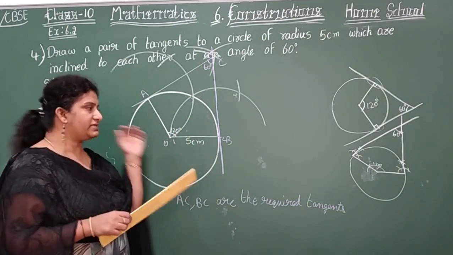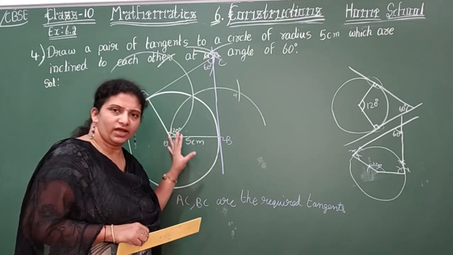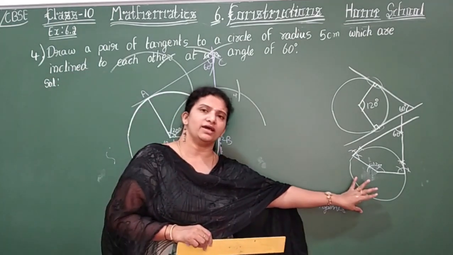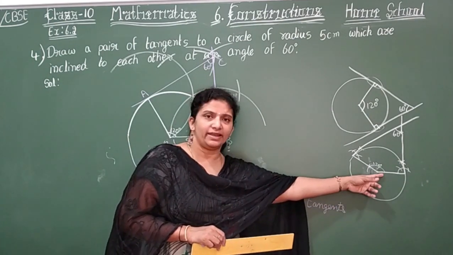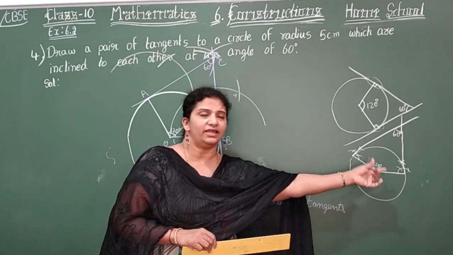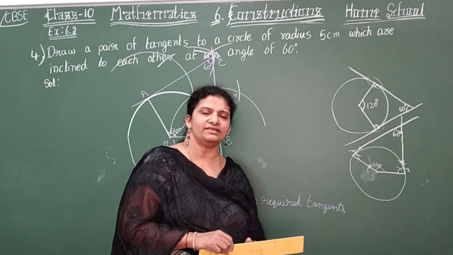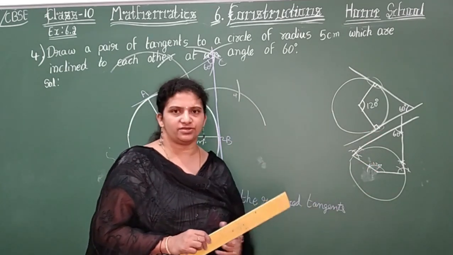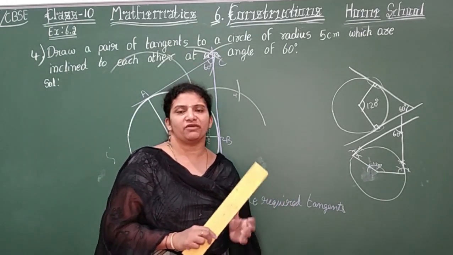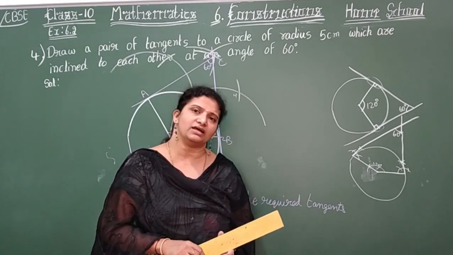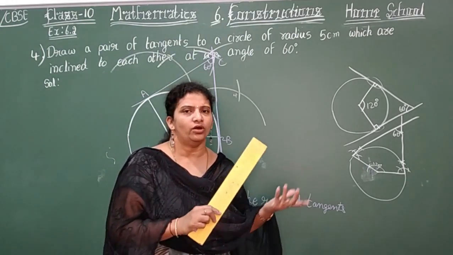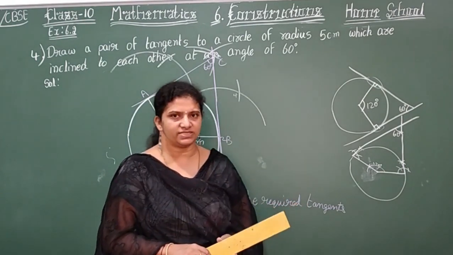See here, children, there is no rule. If you are comfortable with this, you can go with this. Or draw a circle, draw a radius, 120 degrees, and again here 90, here 90. Exactly, you'll get 60 there. Any method is right. You can go properly with the proper steps. Steps they won't ask in the exam. If they ask also, you can write, children, how you are constructing. Like that only, you make an order of your steps.